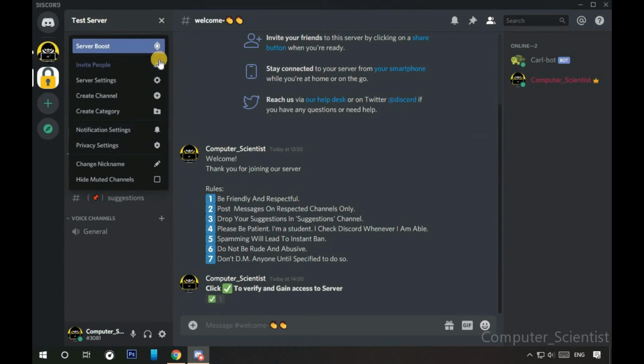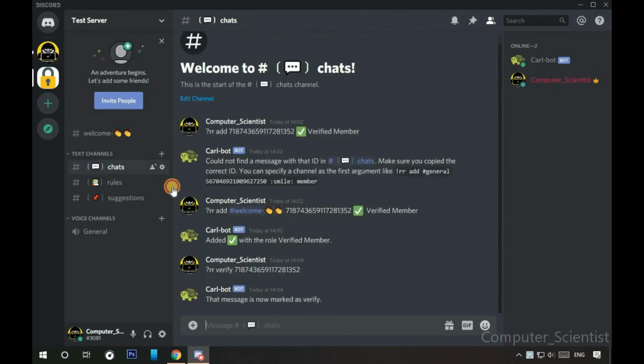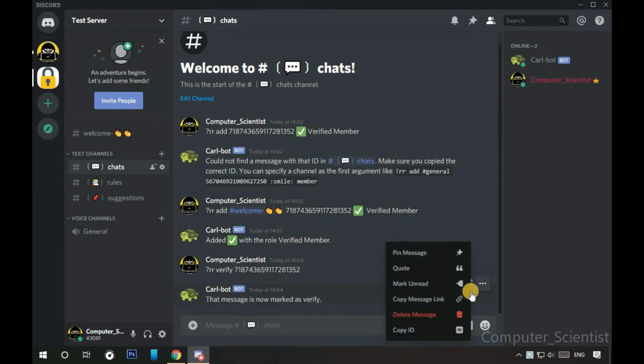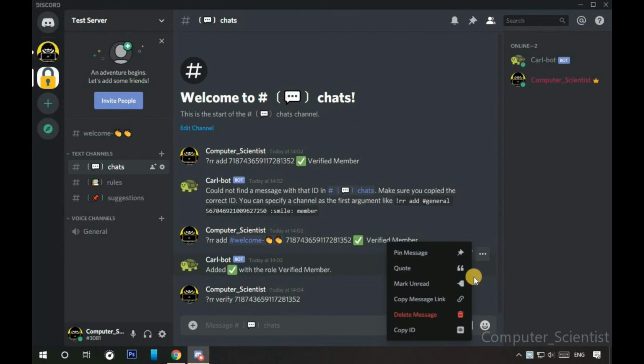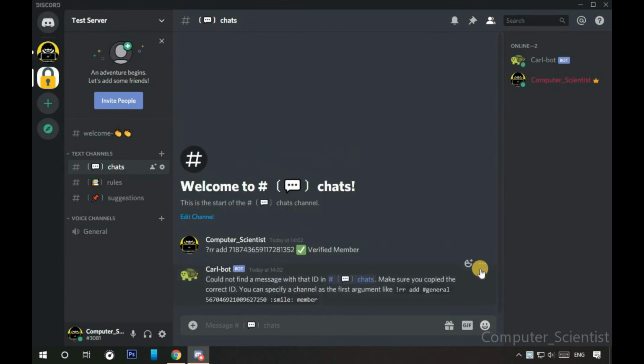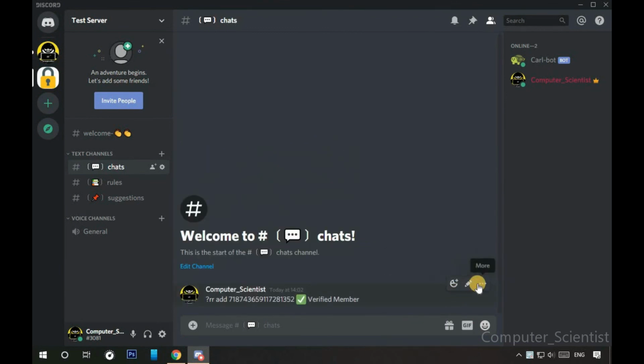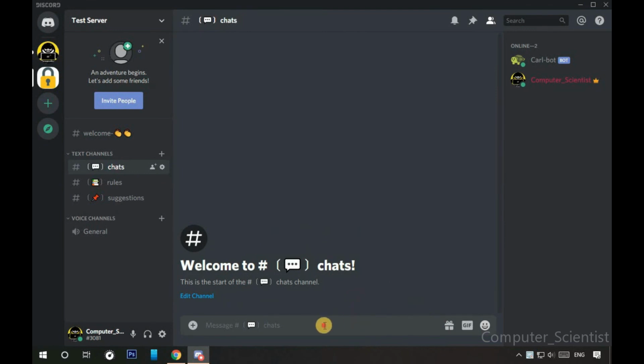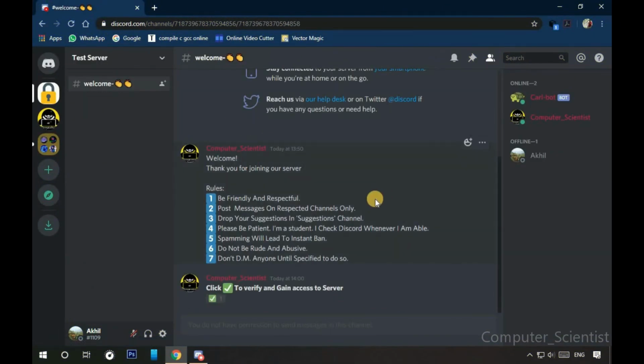You can invite members into the server now, and if you don't want others to see these commands, you can delete these messages, it doesn't matter. One thing that you should keep in mind is that whenever a person joins your server and gets an auto role, and if the see text and voice channels permission is on for that role, then this verification system will not work for them. So guys, that's it. Now your verification channel is set. Now whenever a person joins, they will not be able to see any text and voice channels until they verify themselves.